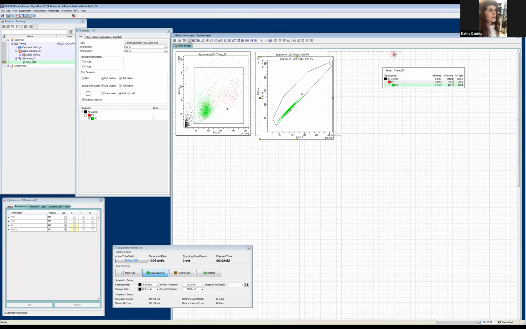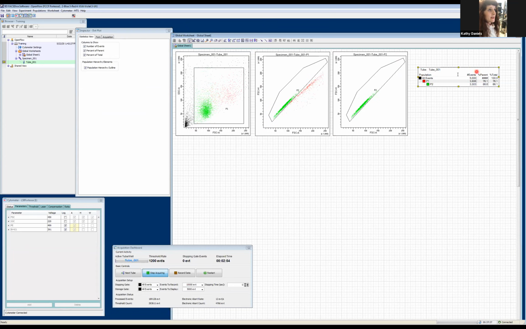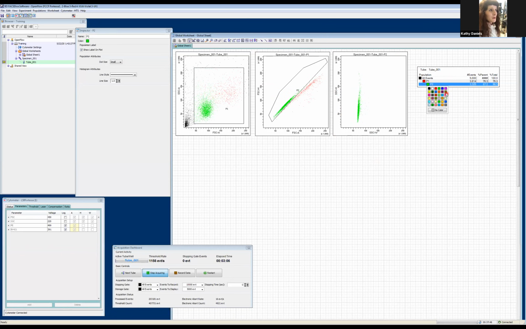And we're going to do another singlet gate. That second singlet gate is going to be side scatter width and side scatter height. I don't know about you, but that green color to me is not my favorite, so I'm going to double click on that and change it to a blue that we can see a lot easier. Okay. From there, you can see we didn't exclude all of the aggregates just by this one single cell gate, so I'm going to go ahead and create another